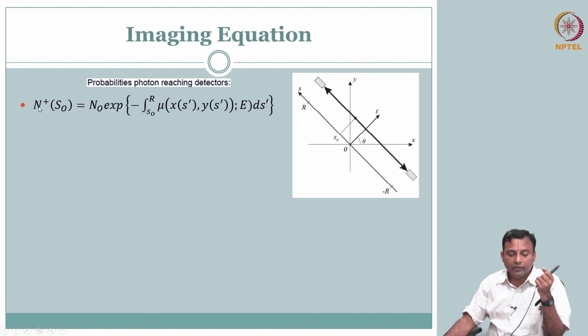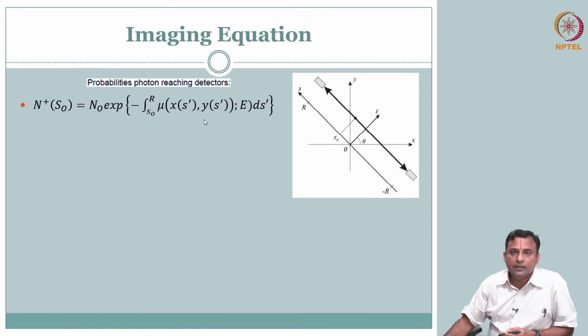We can get that as, you have this radioactivity, N0, the one that is coming out. This N0 has to go through this tissue with attenuation mu. So, it is starting with S0, going till R, the upper limit, and whatever loss is there is your mu along that line for that particular energy, clear. So, this is something that we knew from before, nothing fancy. So, this has to happen.